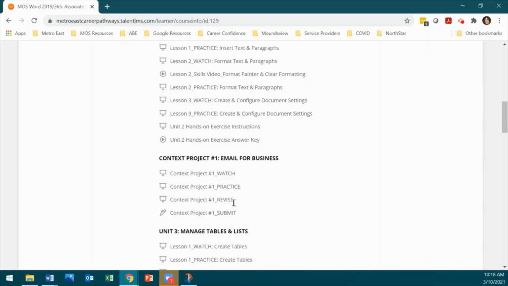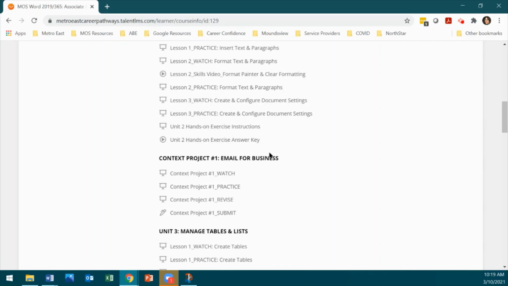They'll give you some feedback. They'll say, hey, I thought you did really well on this, this, and this. I think you could strengthen that or that. And then you will take their feedback and you will write another draft. You'll revise. And once you've gotten to a final draft that feels like it's good work to you, you will, through Talent, upload that file. Through the submit, that file will go to me or to another facilitator. We will grade it against the rubric that you've had from the beginning, and then we'll get back to you. 75% score and higher is a pass, and we rarely have people who don't get that 75% after the revise